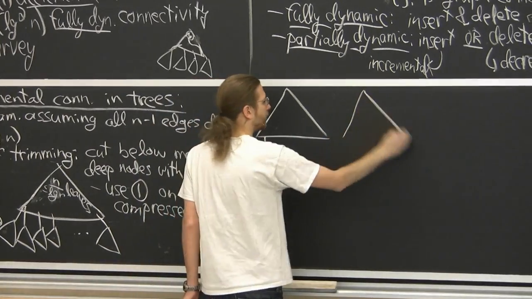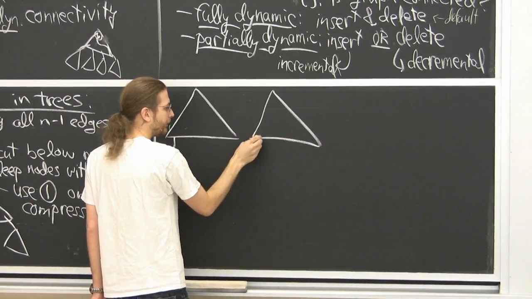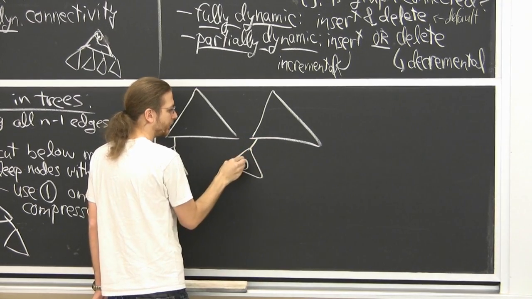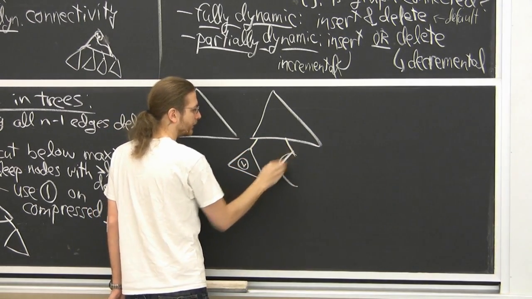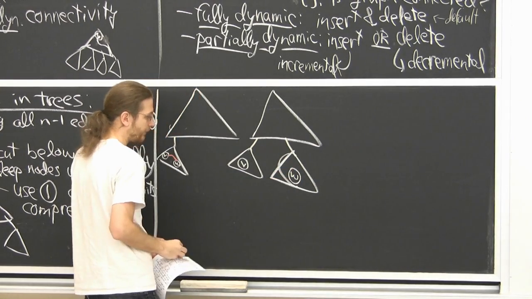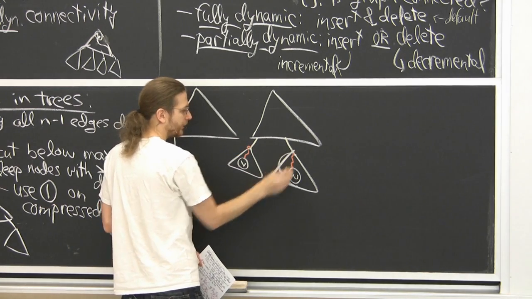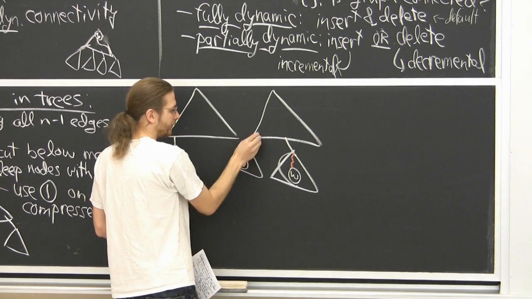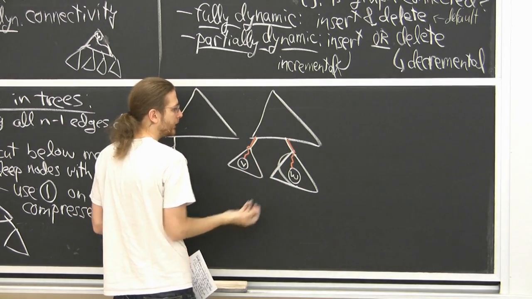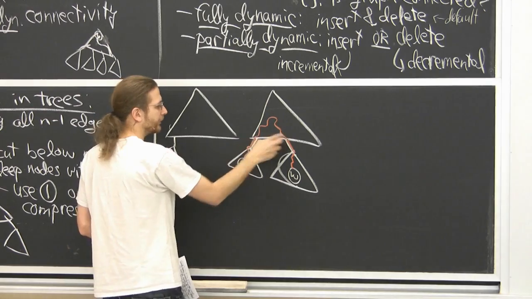That's the easy case. Now, otherwise, they could be in different bottom trees. So it could be V's down here and W's in some other bottom tree. Then we have 3 queries we need to do. One is like this. One is like this. We need to test the single edge, but that's trivial. And then we need to do a query in the top. Can you get from here to here?